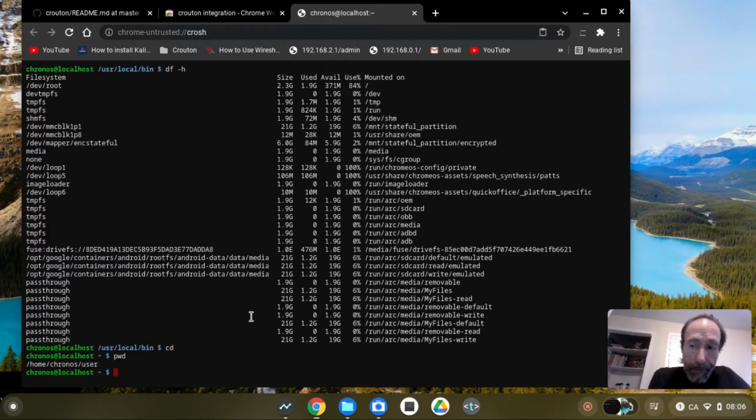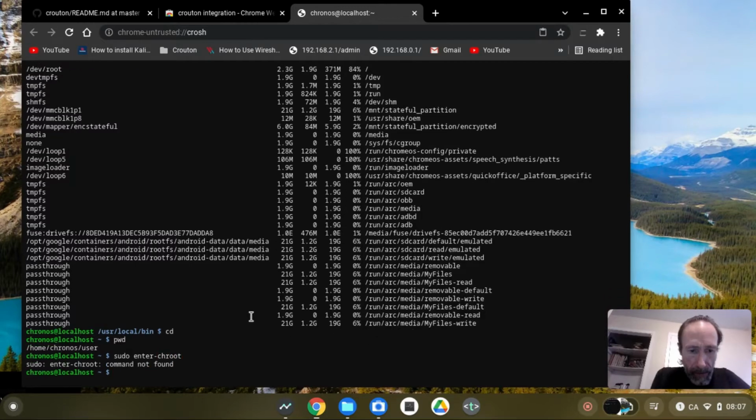It's not important, but if I do the command sudo enter-chroot, aha, nothing to install. I need to install Crouton first. First of all, if I do sudo crouton --help,